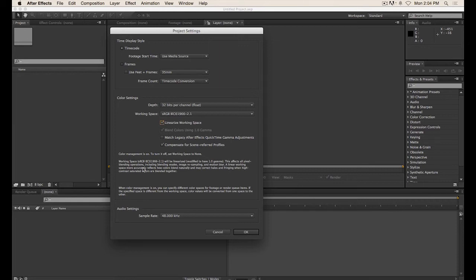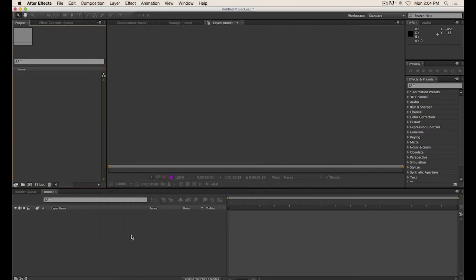This affects all pixel blending operations, blending modes, imagery sampling, and motion blur. So like Henry was talking about in the Minute Physics video, when you're blurring images or blurring colors together, in order for those to happen correctly, you need to have a linearized working space. A linear working space more accurately reflects how colors blend naturally and may correct halos and fringing when high contrast saturated colors are blended together. Okay, so we want the working space as sRGB, linearize that, and now we're well set up for working with our high bit depth linear workflow